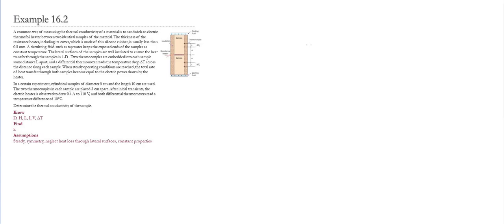Example 16.2. In this example, we explore a common way to measure the thermal conductivity of a material, which is simply done by sandwiching an electrical thermofoil heater between two identical samples of a material. The thickness of the resistance heater, including its cover, which is usually made out of silicone rubber, is usually less than 0.5 millimeters. A circulating fluid, such as tap water, keeps the exposed ends of the sample at a